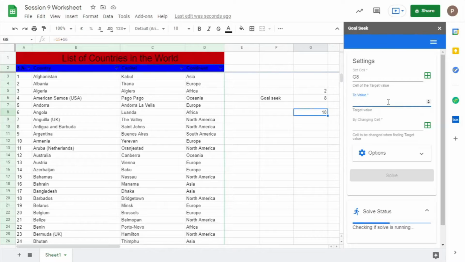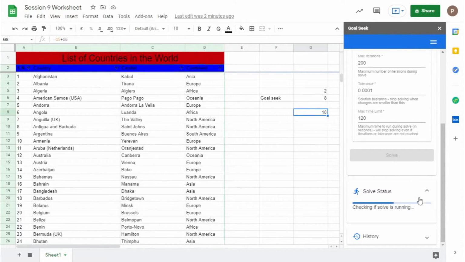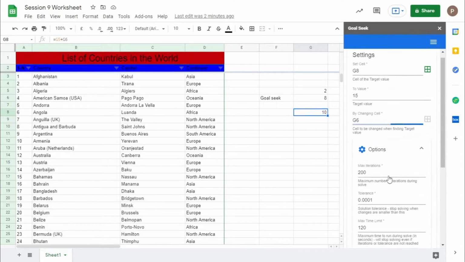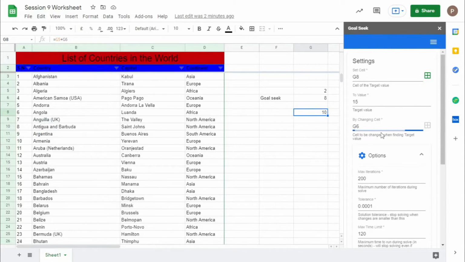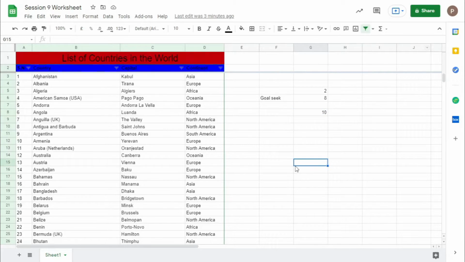To value, let's say 15. By changing cell, you have to say G6. Okay, there is some little problem with goal seek.